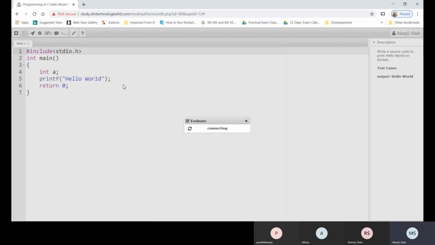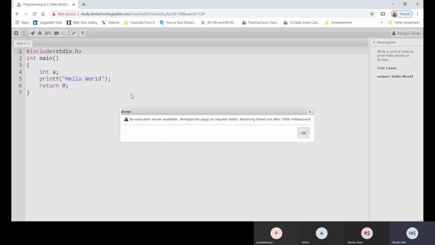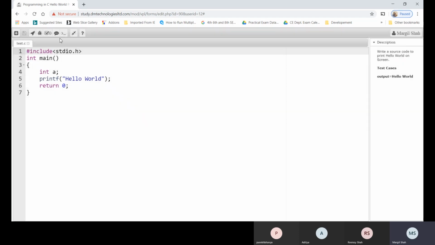Once you click over here, the code will be submitted to me for evaluation purposes, as well as, for hello world, I defined the test case also. Yes, this kind of error may be possible, like memory overloading, so don't worry, just click it again. But you might see this kind of output summary of a test: one test run, one test pass.